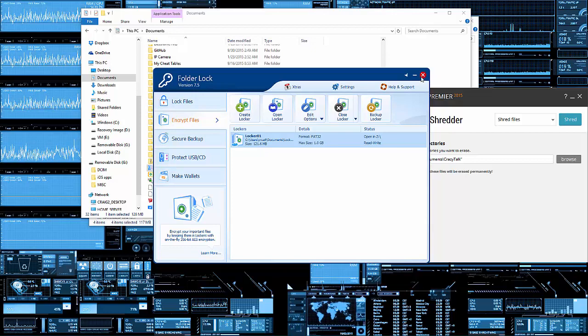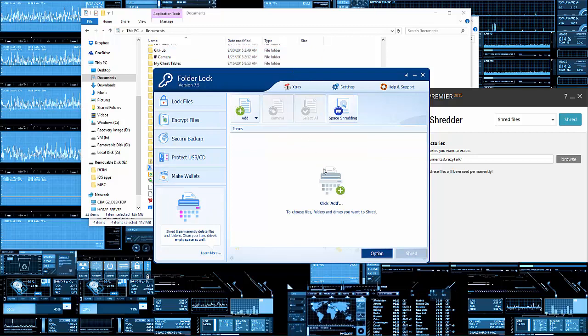So the cons, you probably already know the pros. The cons of this, again, when you first install it, you have to do a full restart, and there's not really much of a warning. The other con to this is if you do use the shred files, you can't pick how many passes you have. Like for example, if I